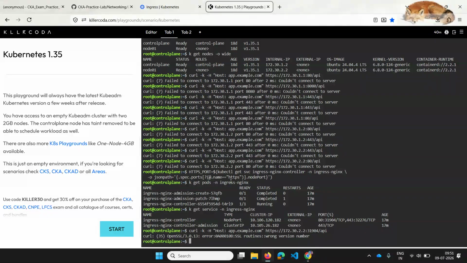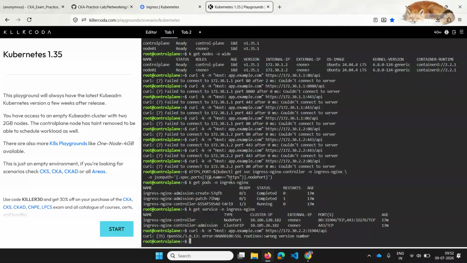Hmm. SSL routines wrong version number. Okay, at least the request is going till OpenSSL. Something related to OpenSSL, but at least I'm able to hit it, right? Nice, nice.